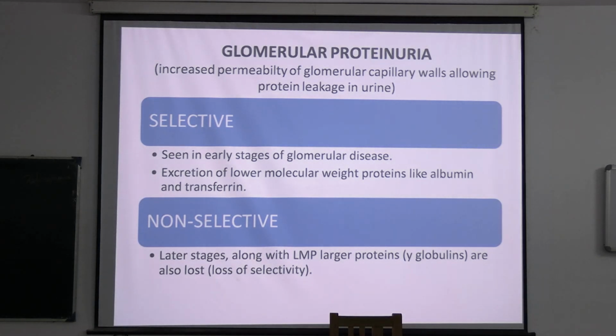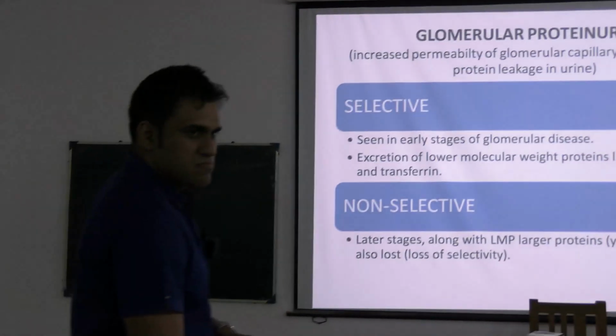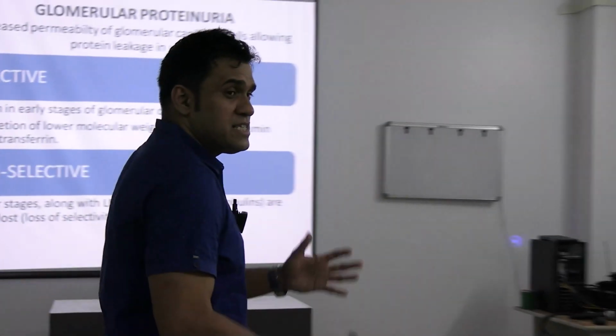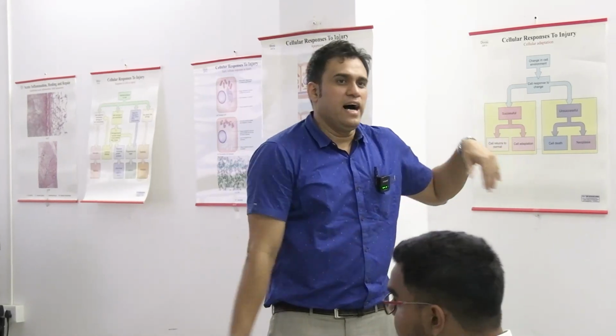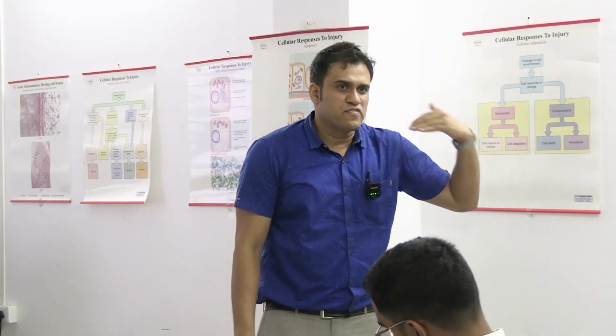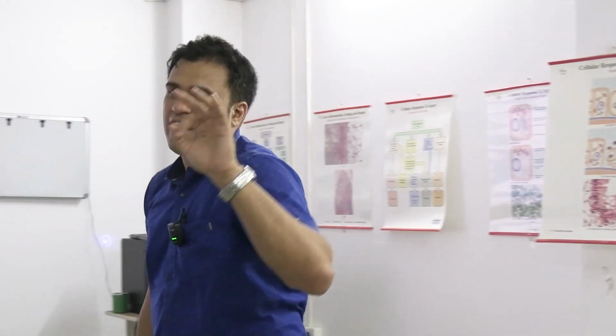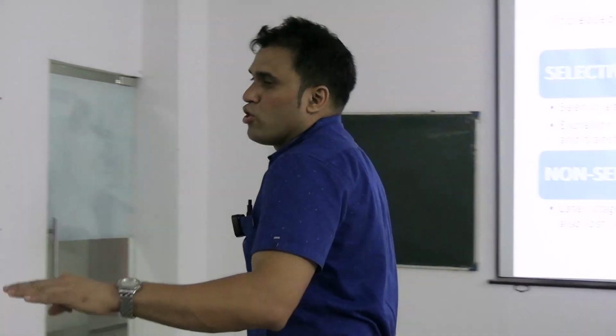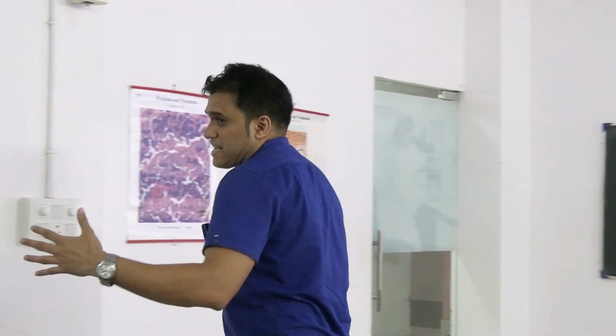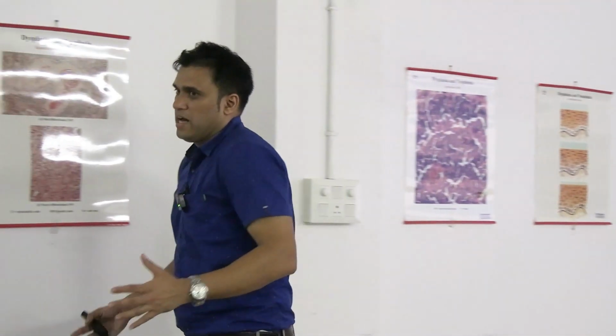So what is selective and what is non-selective? Selective means there are 50 students here, and out of them I select 5 and I do not select 45. Out of 50 students in group A, I select 5 and I reject 45. So that is called selection. I cannot select everyone.